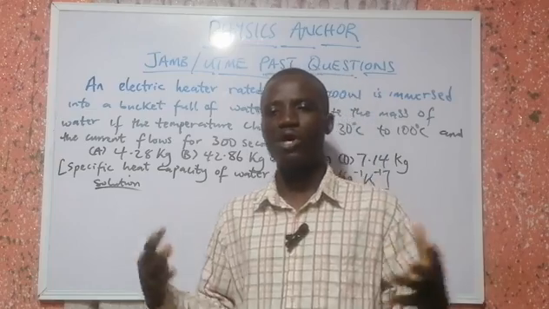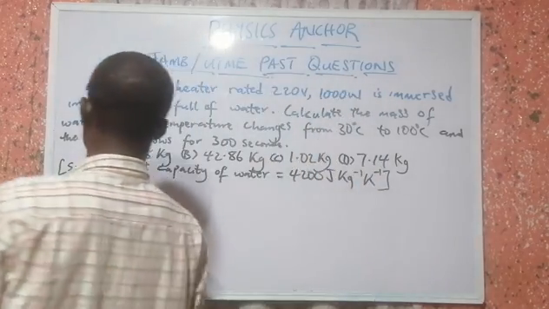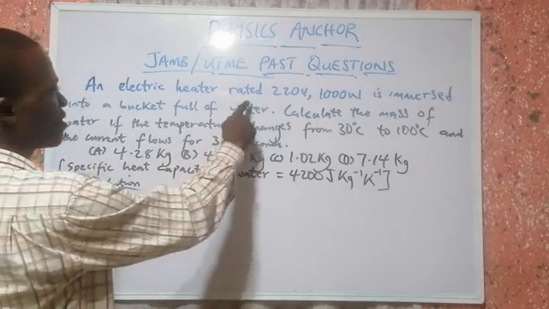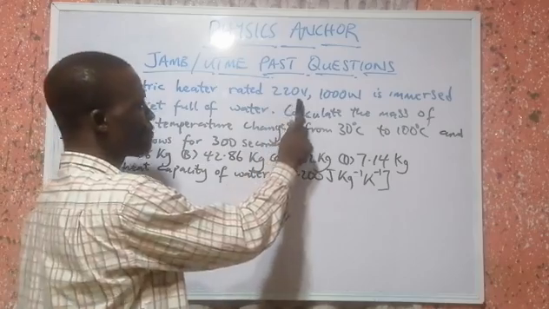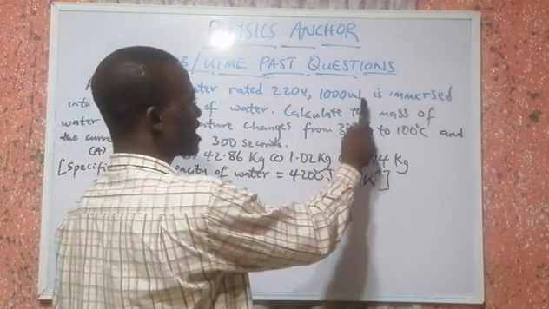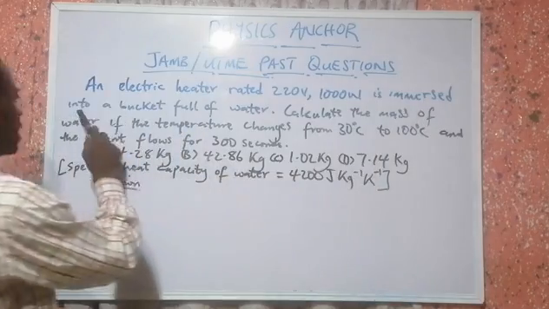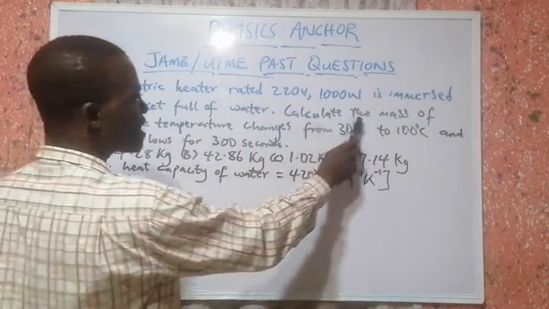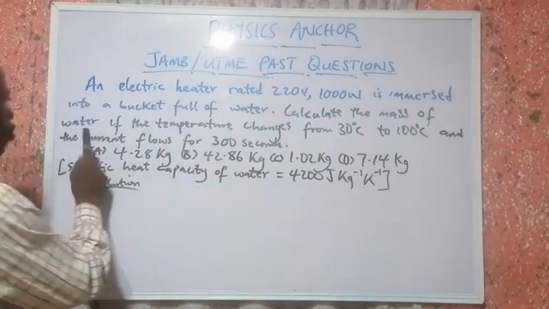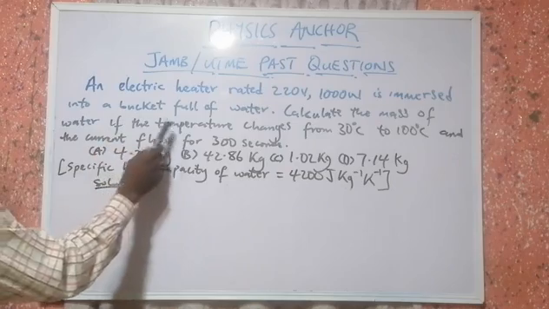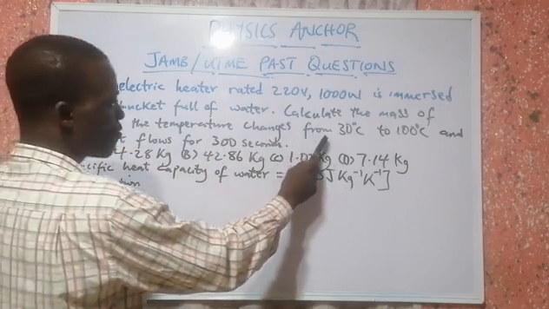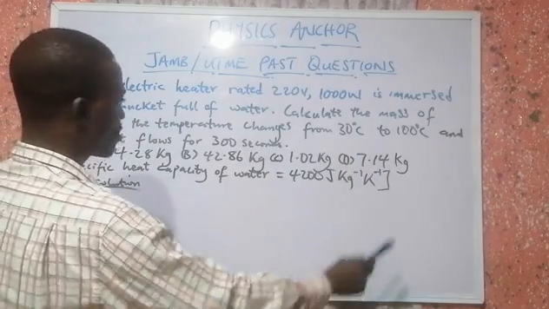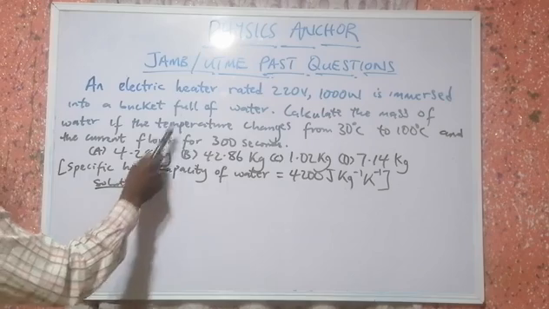So let's get to work with the question we have on the board. An electric heater rated 220 volts, 1000 watts is immersed into a bucket full of water. Calculate the mass of water if the temperature changes from 30 degrees to 100 degrees Celsius and the current flows